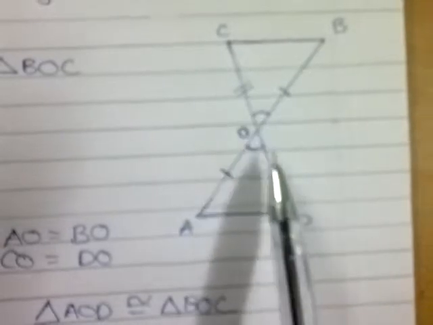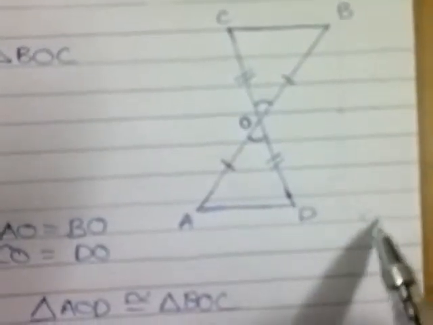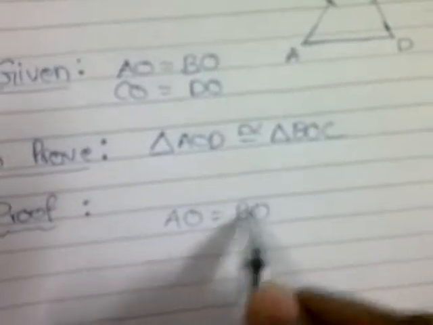In the proof, we begin with AO. We say that AO is equal to BO because we have to use the SAS criterion over here. We see that we have been given two equal sides. This side is equal to this side, this side is equal to this side, and the included angle between them. So the only rule we can apply here is SAS. AO is equal to BO. You can't just write the statement like that. You'll have to give the reason why AO is equal to BO, and the reason is that it is given in the question. So you should write given.